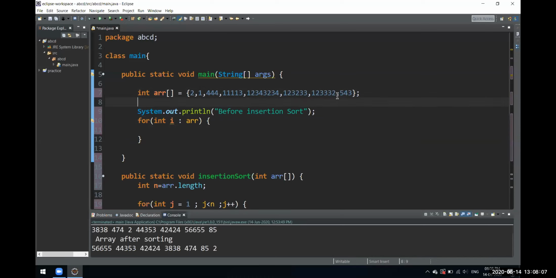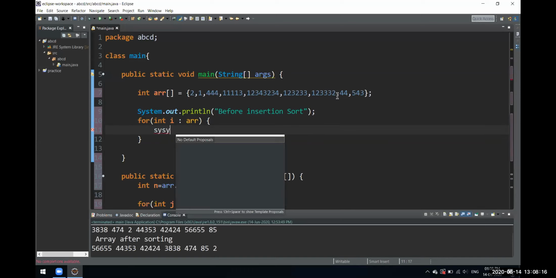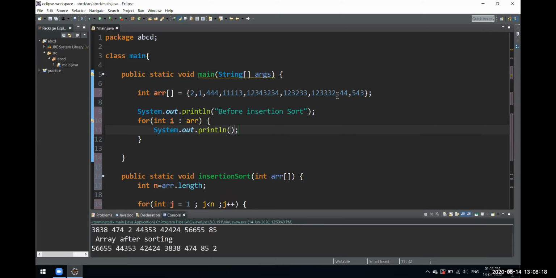Let's just add some random elements. What we'll be printing is i, plus a little space after that position. println will not work because it will print a new line every time.